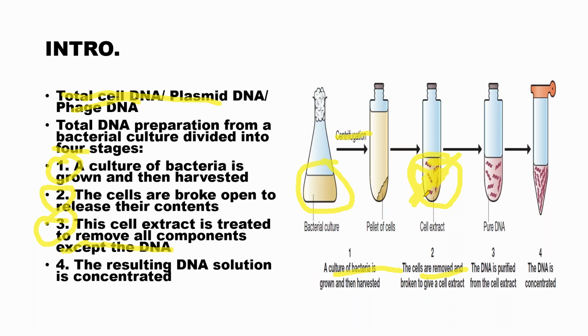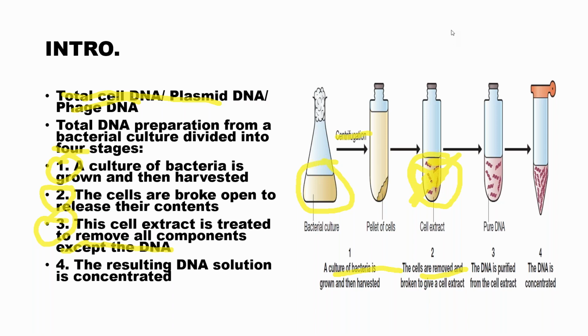So the third step, we are doing some treatment. Dr. Shabnam has asked me, sir, which is the enzyme used to break the cell wall? Yes, there are some enzymes which are used to break the cell wall. There are some enzymes which are used to remove the protein. There are some other enzymes which are used to remove the RNA. We will see one by one, step by step in detail. As time permits, I can even show you an interactive video as well.